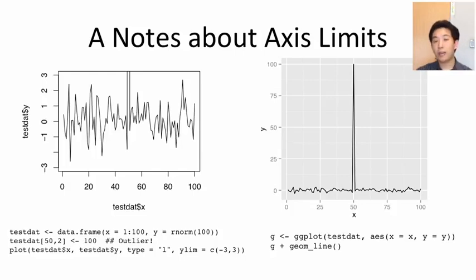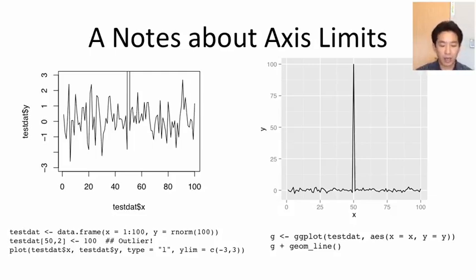So there's one thing that's worth pointing out, which differs in ggplot than it does from, say, the base plots, is that if you have a plot where the data exceed the limits of the plot, the behavior between base plot and ggplot can change a little bit. So here on the left-hand side, I've just simulated some data. This is normal data, and I've intentionally introduced a little outlier here. In the 50th data point, I've just changed that value to be 100. So now there's this random series of noisy data, and then right in the middle there's a point